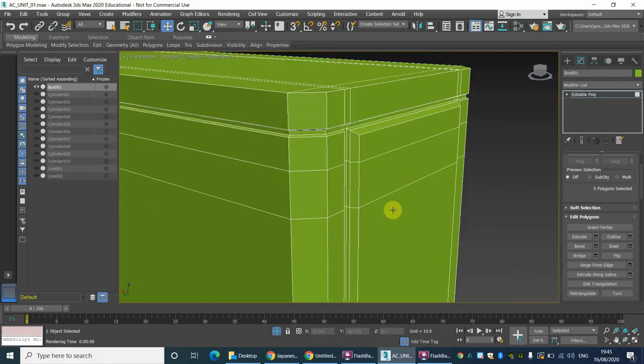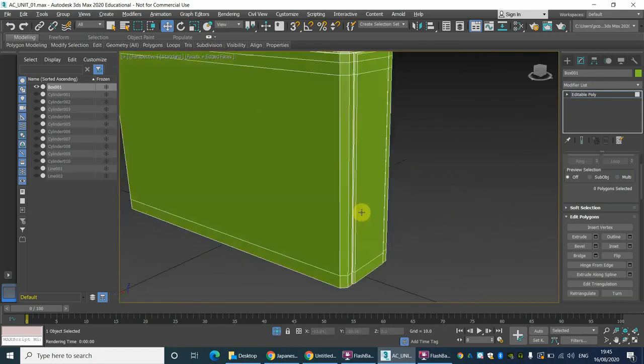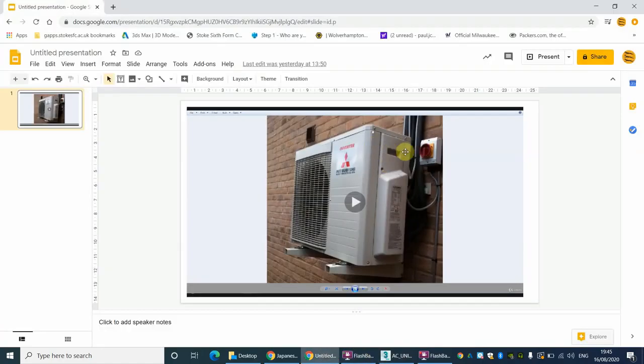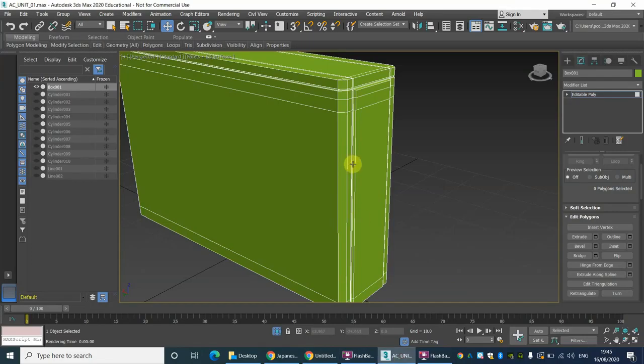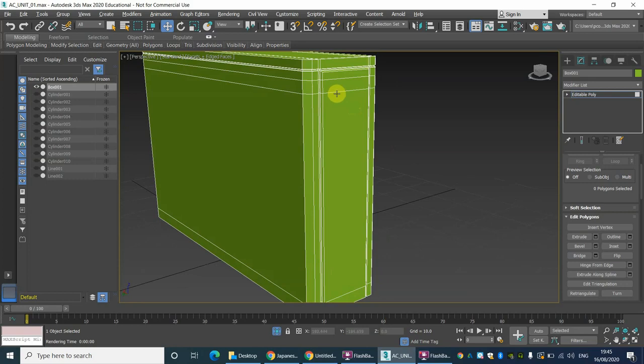Okay, if you're happy with that, just click OK on the tick box. Okay, so the next thing we're going to need to look at is the handle here. So we need to create some vertical connect additional geometry here, and also vertically and horizontally as well. So let's have a little look at this. So we've got, what I might do is bring,